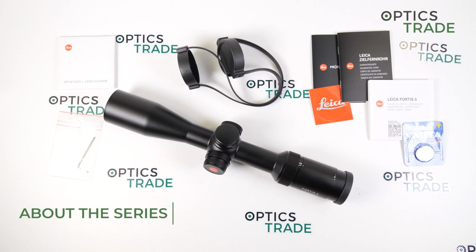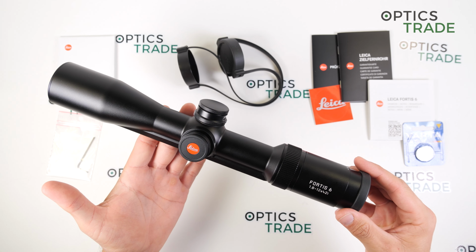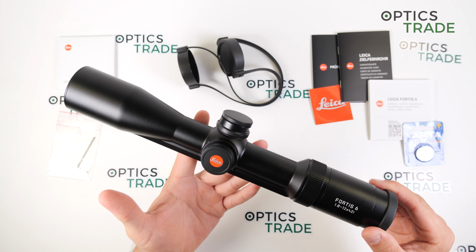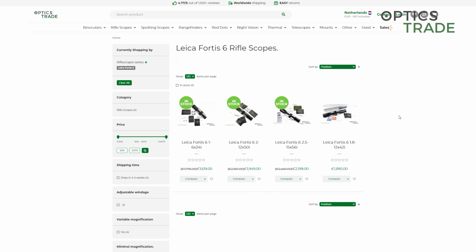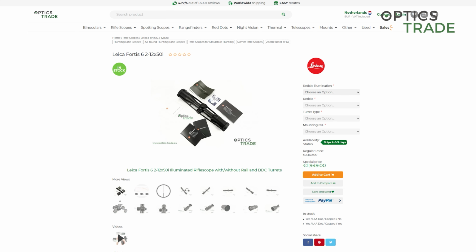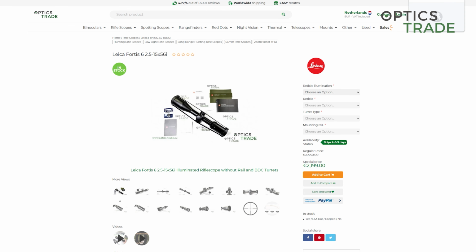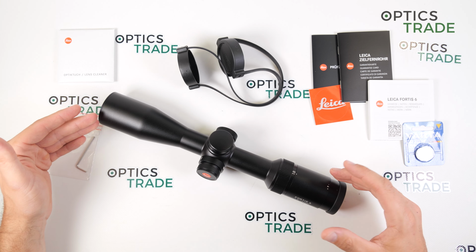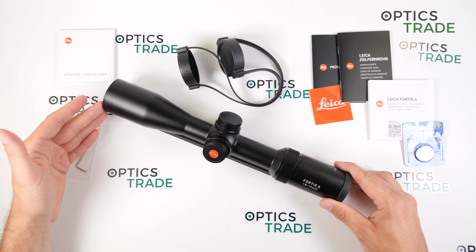The Fortis 6 series of riflescopes, which is this scope I have here, is the latest series from Leica, and it was introduced in 2019 at IWA. And up to now, in this series, only 3 riflescopes were in the series: the 1 to 6 by 24, then 2 to 12 by 50, and 2.5 to 15 by 56. All of them had a 6 times zoom factor magnification, but this year at IWA, so 2023, Leica introduced